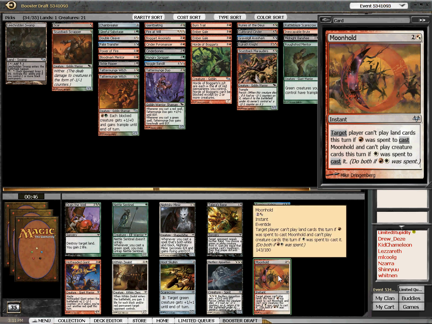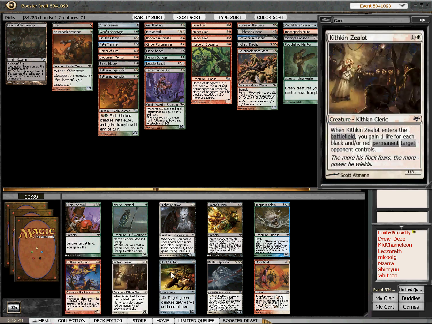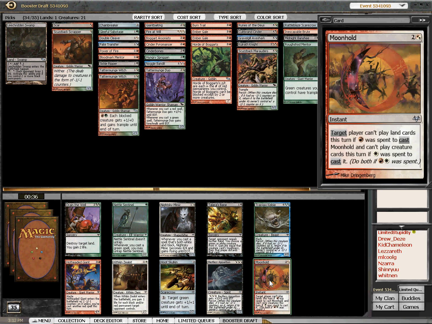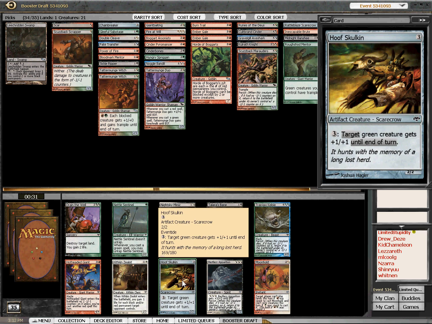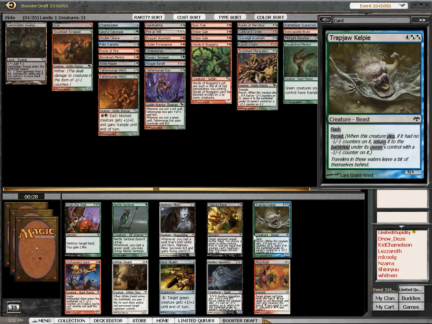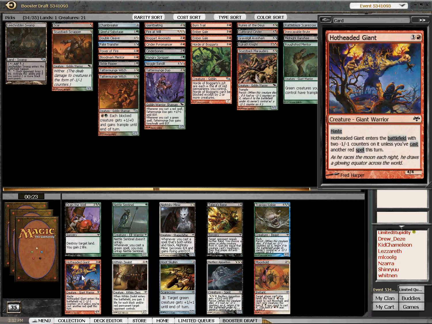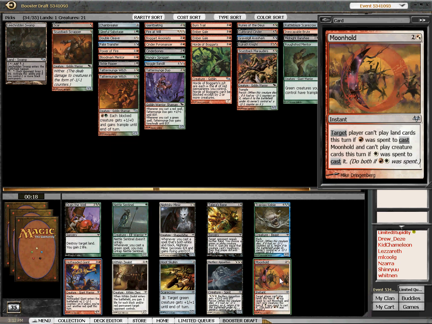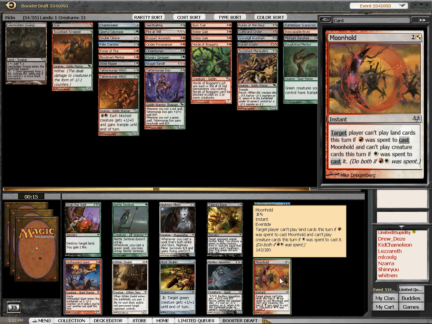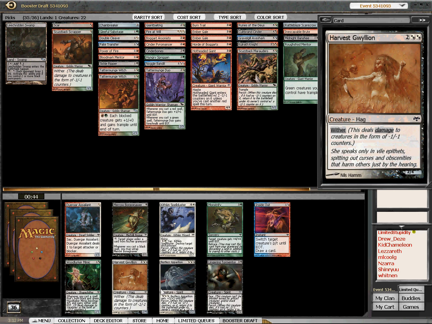Moonhold. Hothead Giant I don't like. It just seems like there's a pretty big drawback. Target green creature. Maybe we take Hothead Giant anyway. Just because I don't think Moonhold we can play just to prevent a land drop. It's like decent. I think Hothead Giant at least gives us another creature option. Inside Out I like,